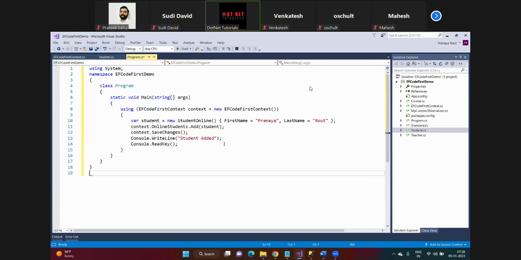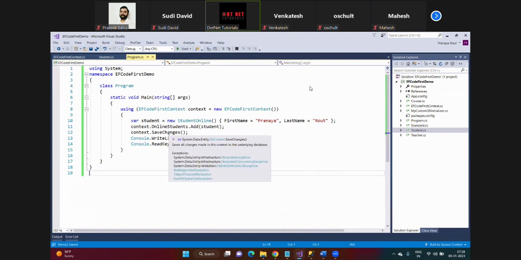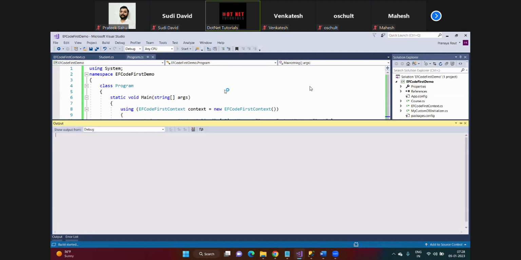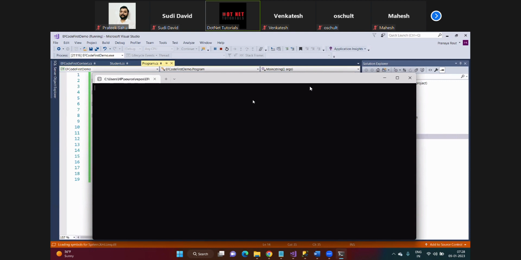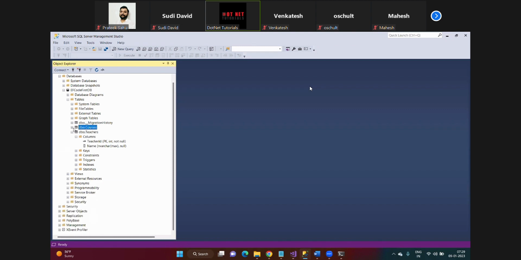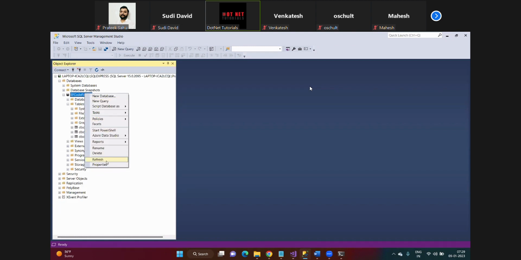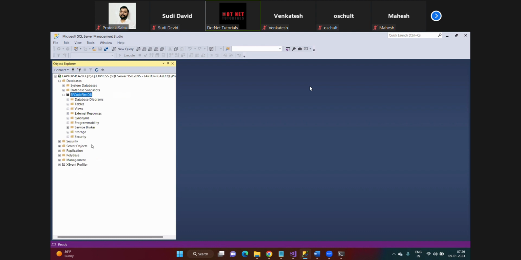In the main method, I'm just creating one student online and adding that student online entity to the database. With the changes, now let me run the application code. With this run, you will see two database tables are going to be created in the database. One database table with three columns, because in that table registration number is removed, and another database table with four columns, because we have not applied any kind of